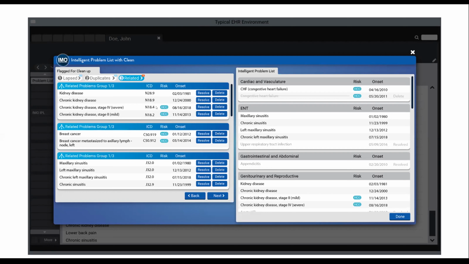If I document the staging of the CKD, I'm likely to bump myself into an HCC category that has huge impacts to reimbursement. Whereas if you have an uncategorized list, it's quite possible that a provider is going to select a diagnosis that is not as fully specified and is not an HCC, and you're going to lose out on that risk adjustment. So again, I'm just going to work through here and get rid of the ones that I don't want. We will have an indicator over here to tell you the work that's being done, what's going to happen to your problem list when you finish.